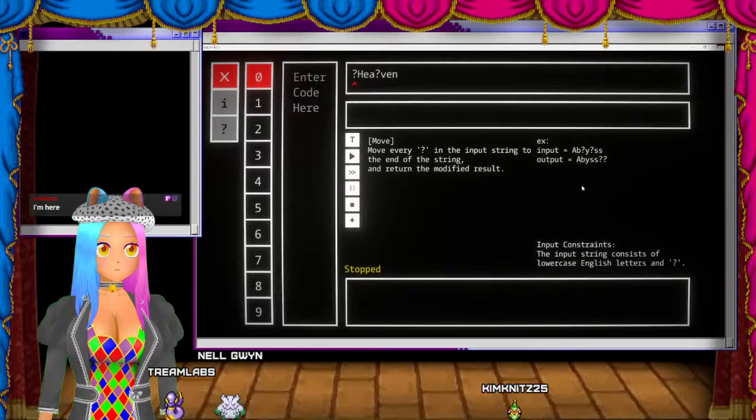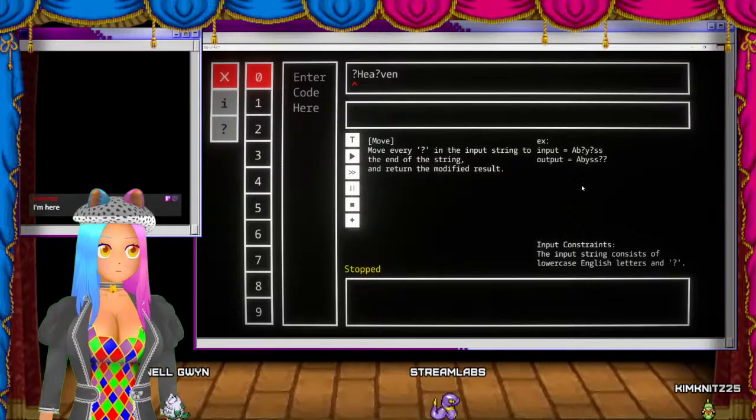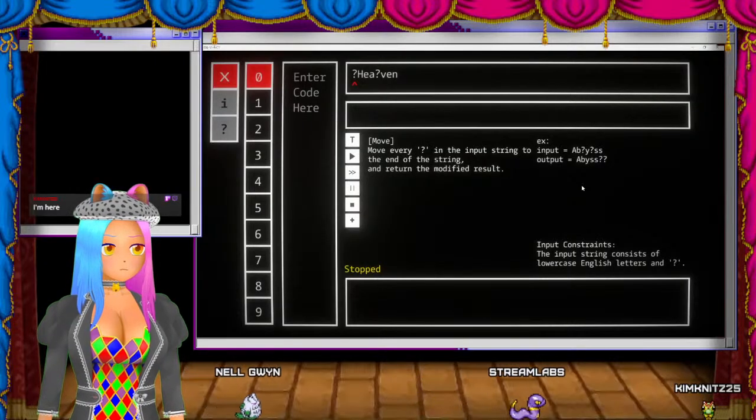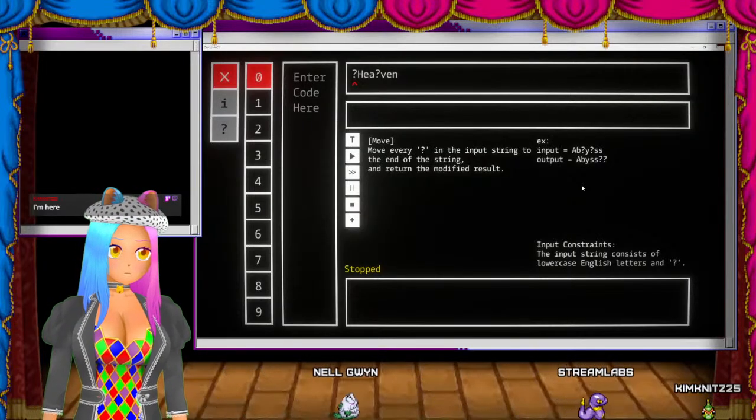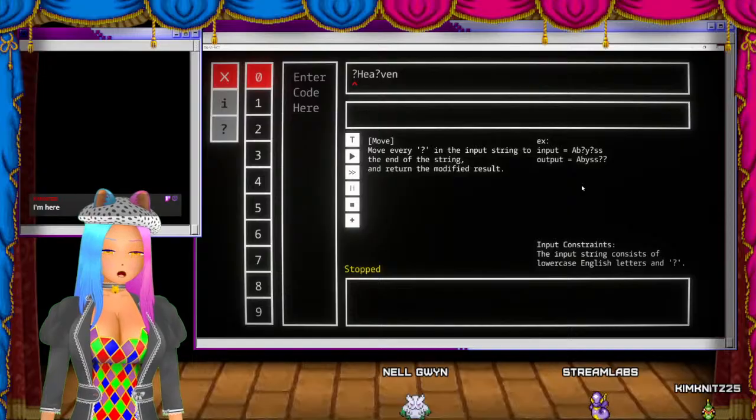Well, if I store, if I use the mode number to count them,